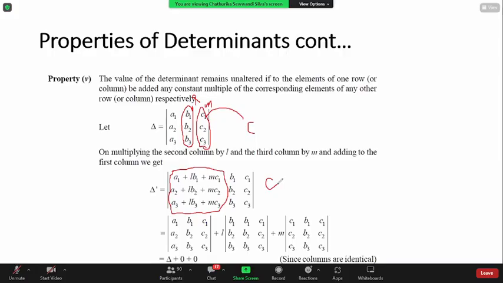You may be wondering why. You may be wondering why actually the determinant is unaltered. So when you consider this altered matrix,